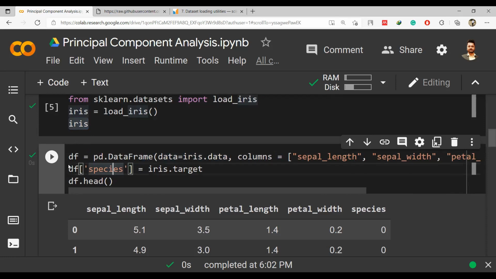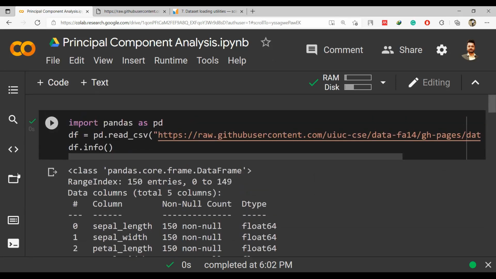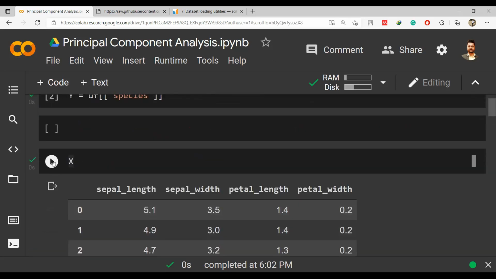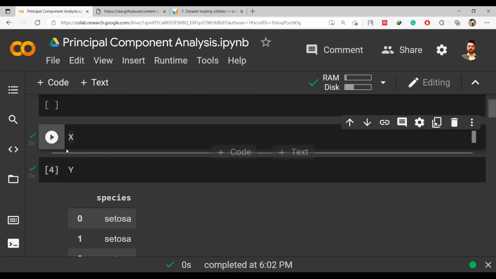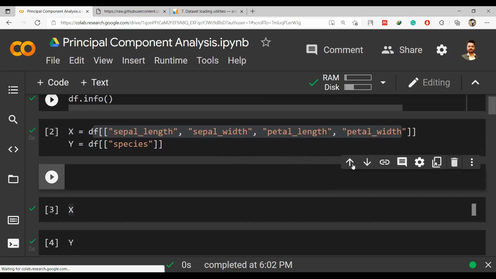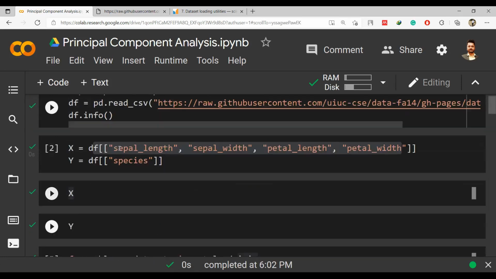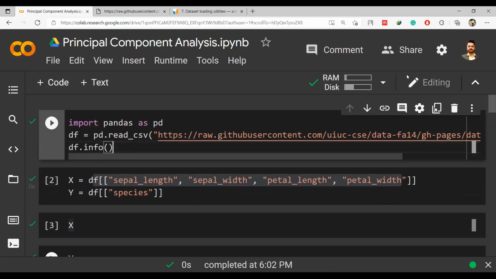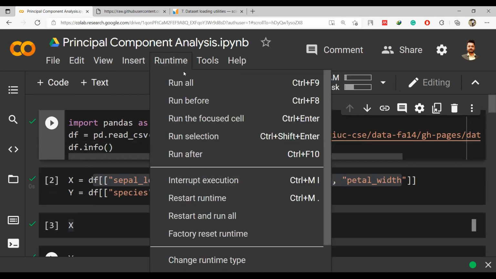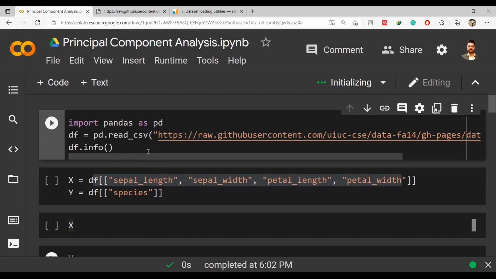And let me do one thing. 1 second. If I clear these things up, I want to show you something. Now what we were doing was, let me restart so that all the things are clear.